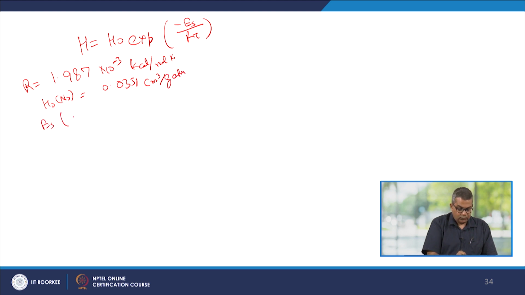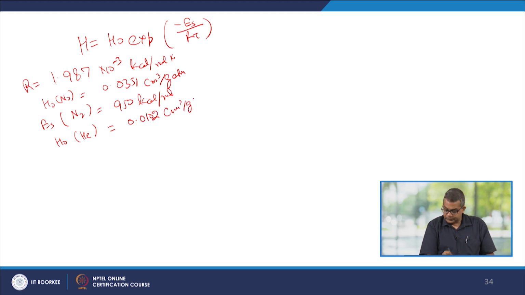ES for nitrogen is given, that is 950 kilocalorie per mole. H naught for helium is 0.0102 centimeter cube per gram atmosphere. ES for helium